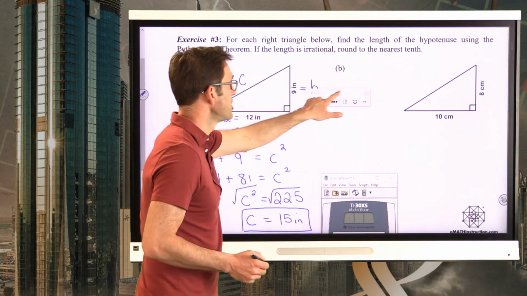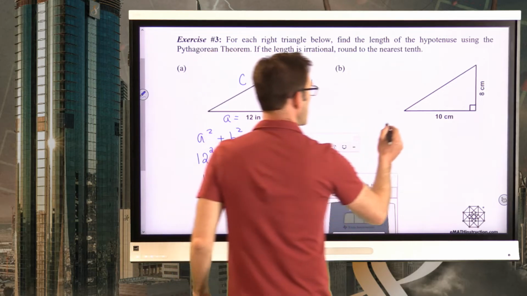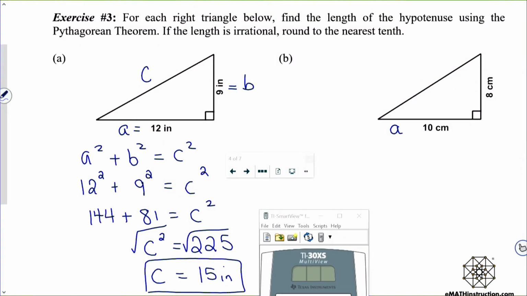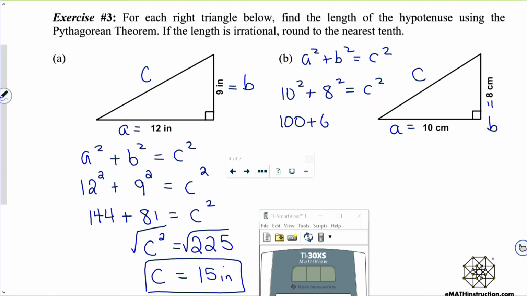All right, let me move this a little bit out of the way. Again, I'm going to let my A be equal to 10, my B be equal to 8. So I'll have my C as the missing side. A squared plus B squared equals C squared. That's going to be 10 squared plus 8 squared is equal to C squared. 10 squared is 100. 8 squared is 64. That'll give me C squared equals 164. So now I'm going to take the square root of both sides,